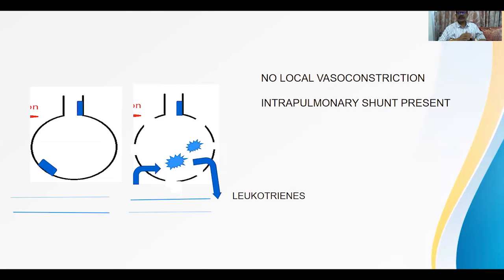Now this is called intrapulmonary shunt. Shunt means this particular blood, which should be oxygenated, is not being oxygenated. It is coming directly to the heart again. Now this intrapulmonary shunt is the key feature in the majority of this P type of COVID.